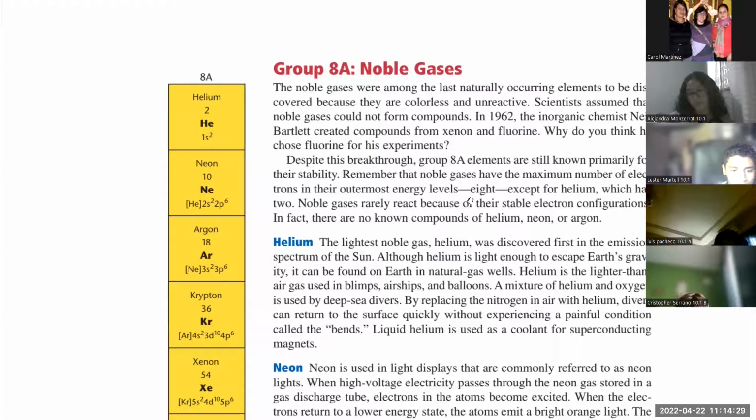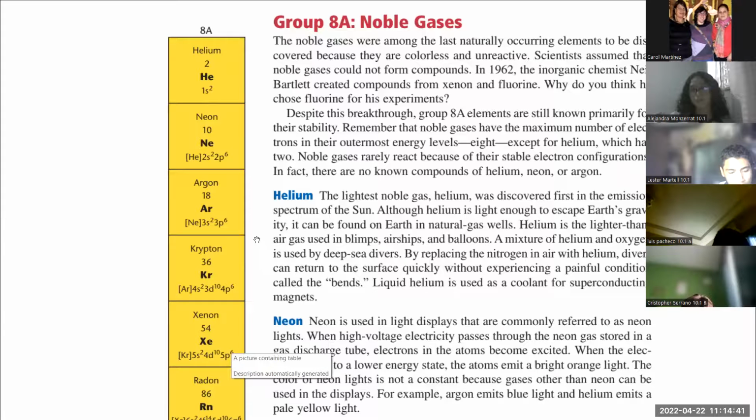Now, this combination, xenon and fluorine: xenon is almost at the bottom of all these gases, and fluorine, as I told you, is the most reactive non-metal, okay? But despite all this, these elements from group 8A or group 18 are still known as noble gases